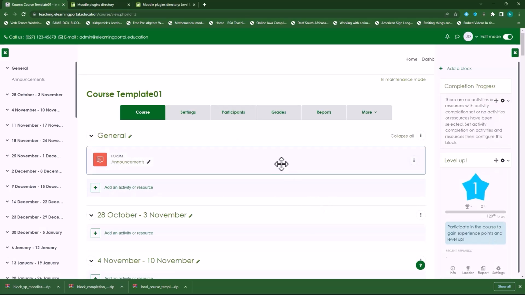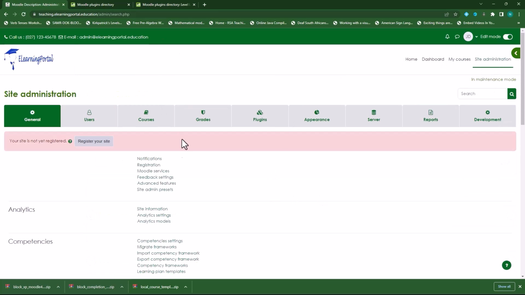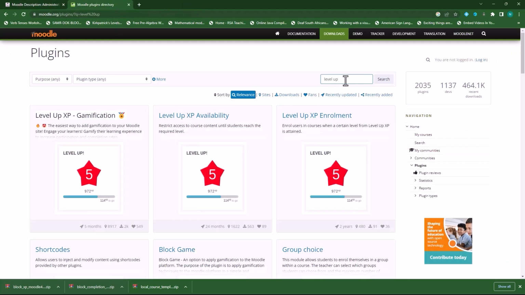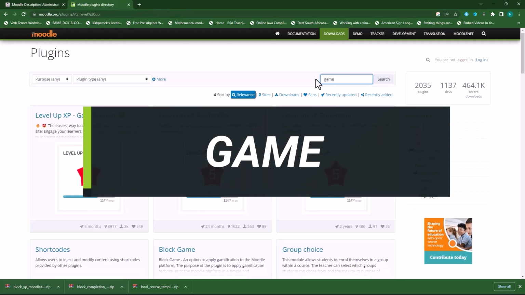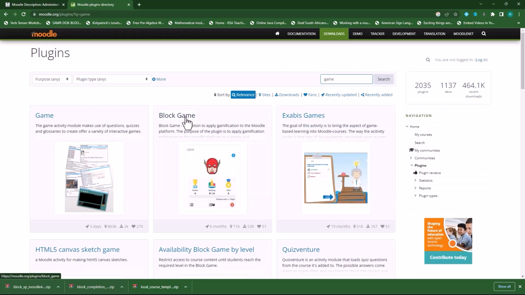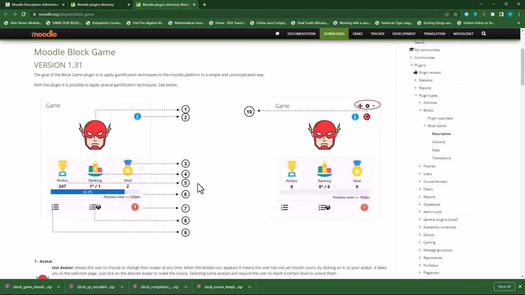The next thing we're going to add is also some sort of gamification, and we call this the game block. So I'll go to site administration again, plugins, and this time I'll go to my plugins directory and type in game and click on search, and we'll be looking for this game, the block game. So I'll open that, I'll download it,